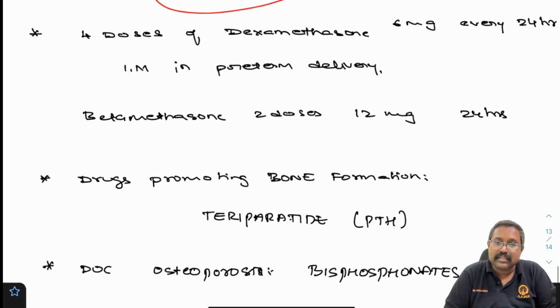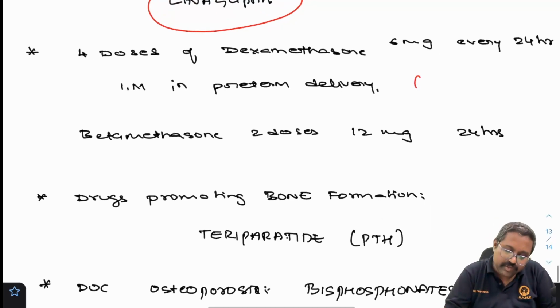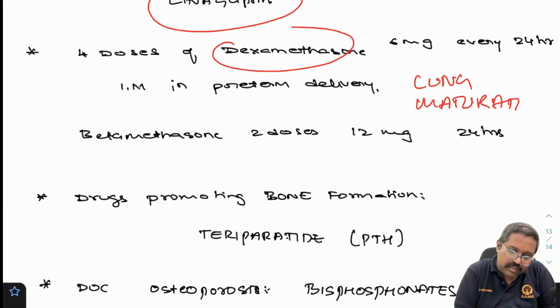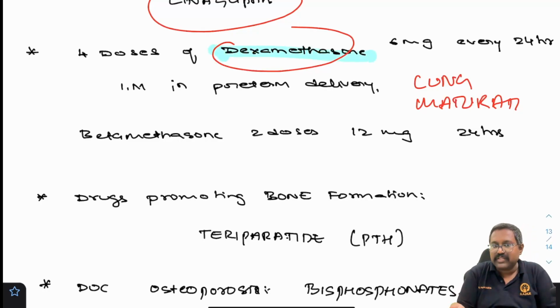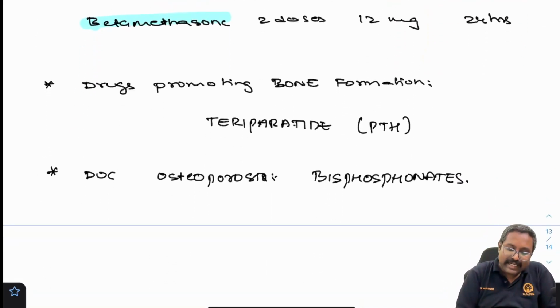And to treat premature delivery, to improve the lung maturation, what you can give is dexamethasone. If dexamethasone is not available, you can go for betamethasone. Drug which can promote bone formation is teriparatide, which is a recombinant parathyroid hormone. Which is the drug of choice for osteoporosis? It is your